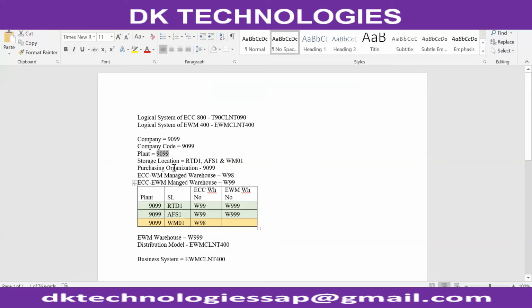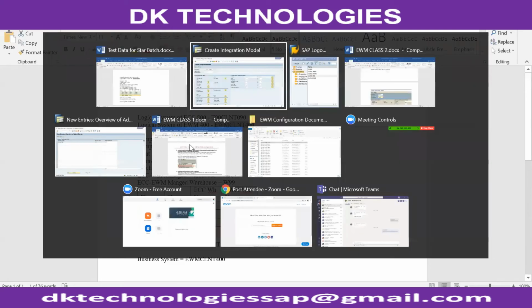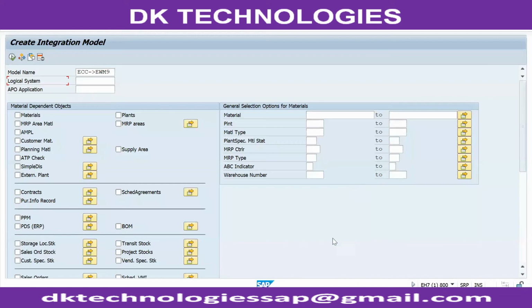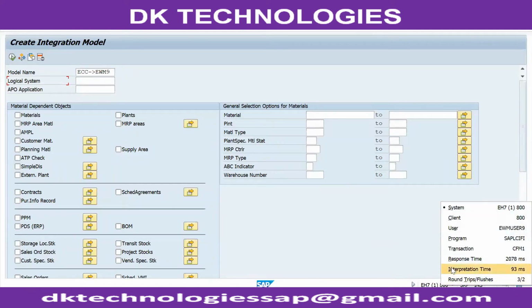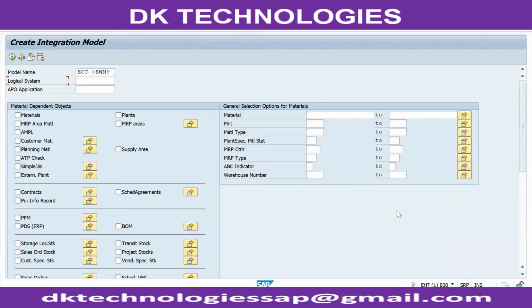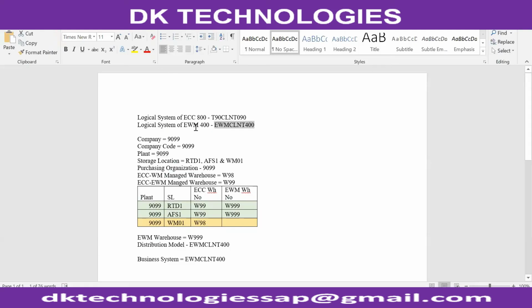See here, it has to go to logical client 400. The logical system is EWM client 400. I am executing this transaction from ECC. It has to go to which system? It has to go to EWM 400. How will the system identify EWM 400? You have to give the logical system number.